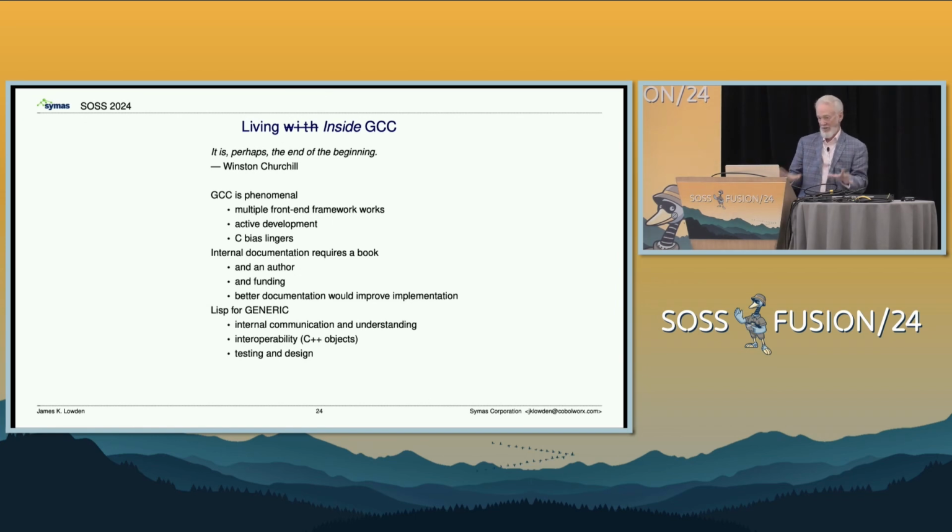I don't know any compiler other than GCC that has this front-end, back-end architecture. I don't know any other system I've ever touched that's more important than GCC is. I don't think we could do what we do in our environment today without GCC. So it's worth supporting, and it's already an amazing technology.